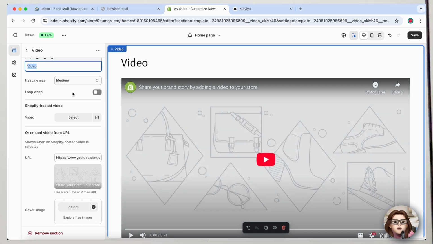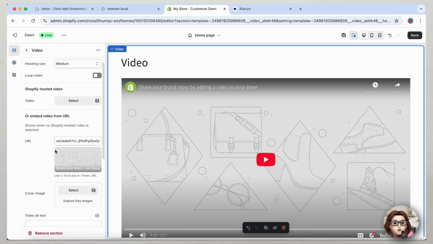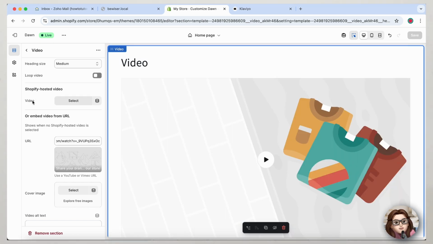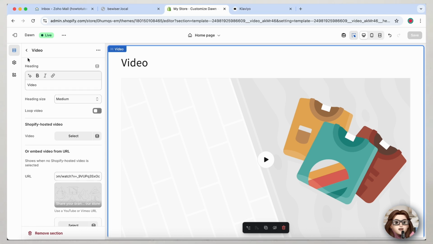You can either paste a video URL from platforms like YouTube or Vimeo, or upload a video directly from your device. Once your video is added, make sure to click Save to implement your changes. And that's it! Your Shopify homepage now features a video, enhancing the visual appeal of your store and boosting visitor